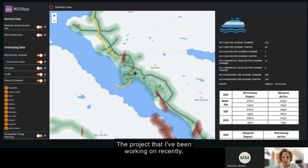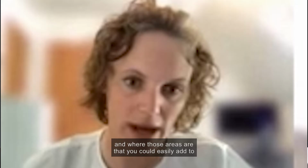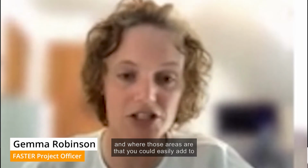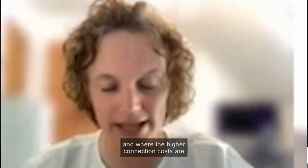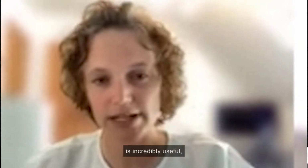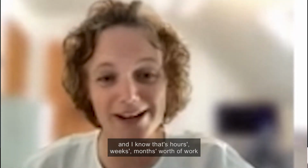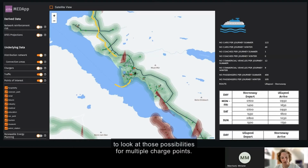The project that I've been working on recently, the Faster project, being able to see the electrical capacity and where those areas are that you could easily add to, and where are the kind of higher connection costs, is incredibly useful. And I know that that's hours, weeks, months worth of work to look at those possibilities for multiple charge